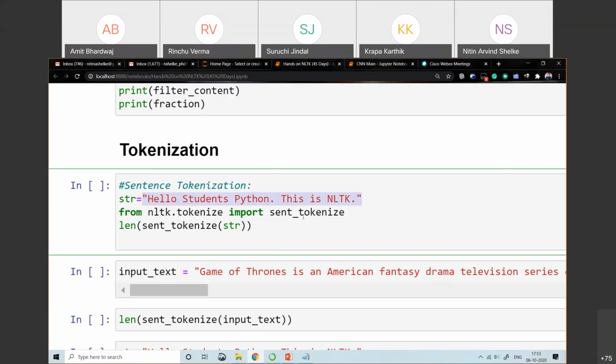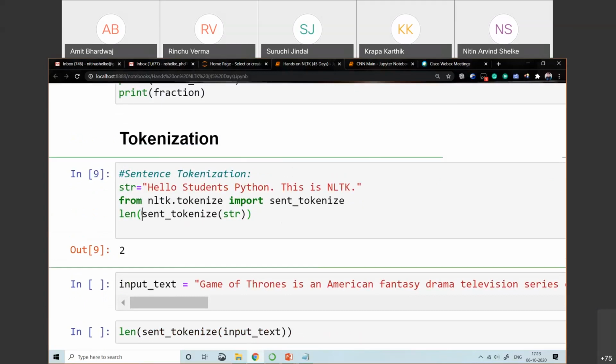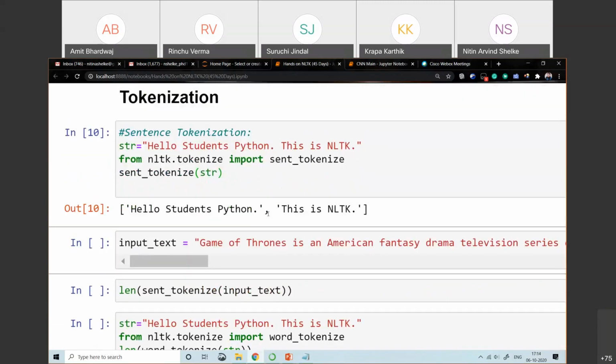On it we applied the sent_tokenize class, which is present in nltk.tokenize, to get the sentences. Let me just show you. This is sentence tokenization.